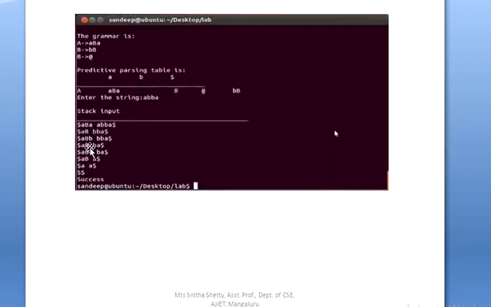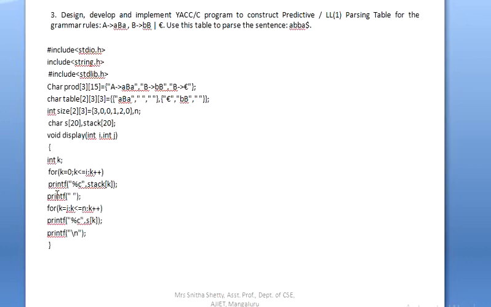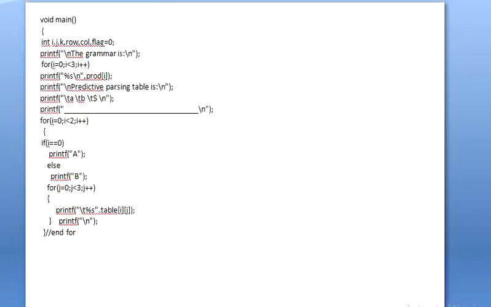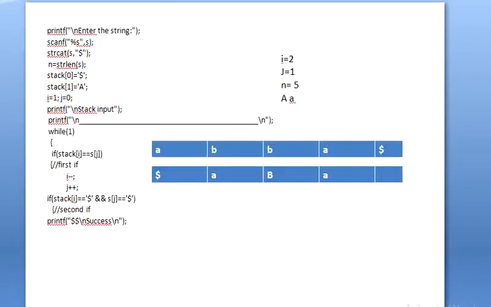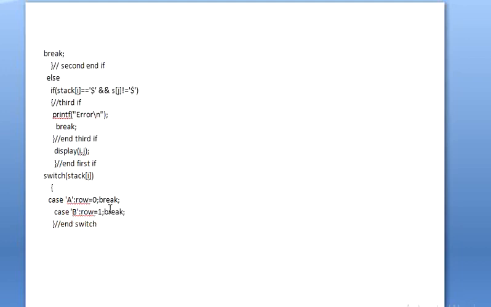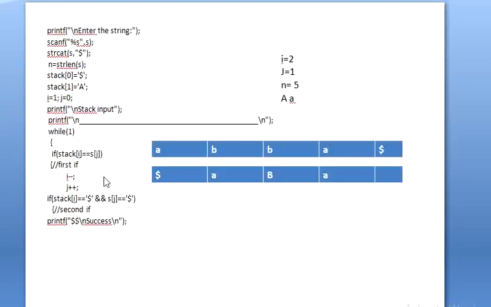So here you can see it is BBA dollar. Okay, so next, I return here. This part I explained. This is how it will print. Next, I call the display function in this part. So now again go back to the while loop, go back to the while loop here.